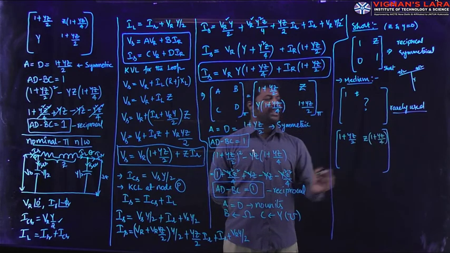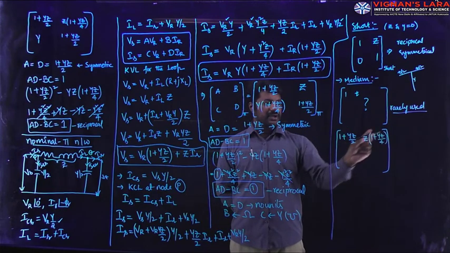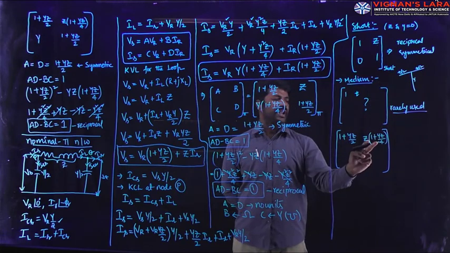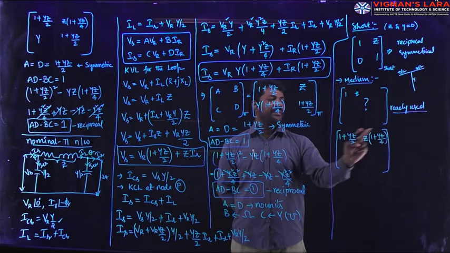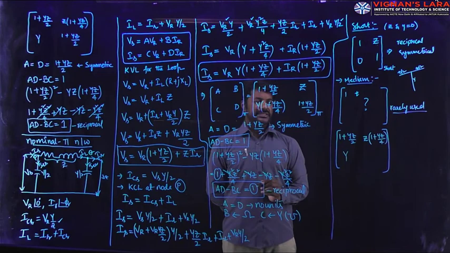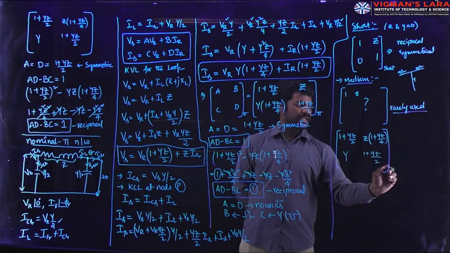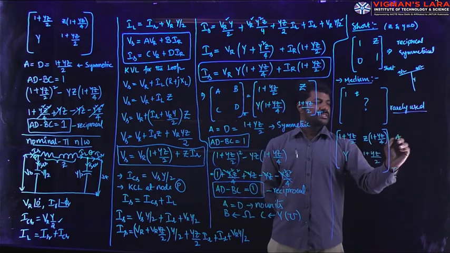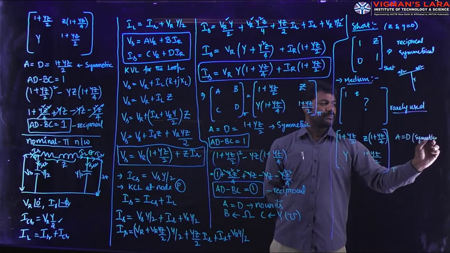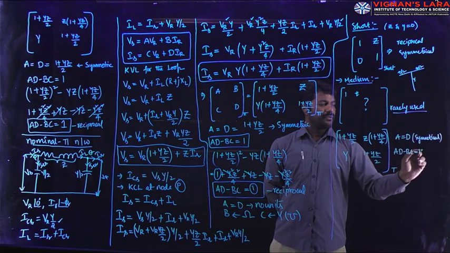This fraction is common either for impedance or admittance. So where that fraction exists is our discussion now. Since in the T network Z gets divided, that is why that fraction is available with the Z quantity, the B constant. And coming to the C constant, the entire Y will be located at the place of C. And D is equal to 1 plus YZ by 2. This is for the T network. And also A is equal to D, so it is symmetric. The network is a symmetrical network. And here also AD minus BC is equal to 1. Therefore, it is a reciprocal network.